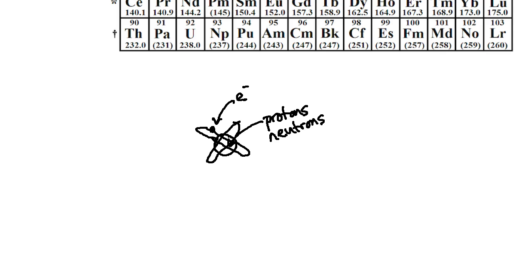So the main concept that we want to gather here is that the protons and the neutrons are in the nucleus, and these are going to contribute to mass. So the proton contributes approximately 1 AMU, and so does the neutron, approximately 1 AMU. Right? Now the electron would not contribute any significant AMU. Now, some students get confused here because it's really about 5 times 10 to the 4th in terms of AMU